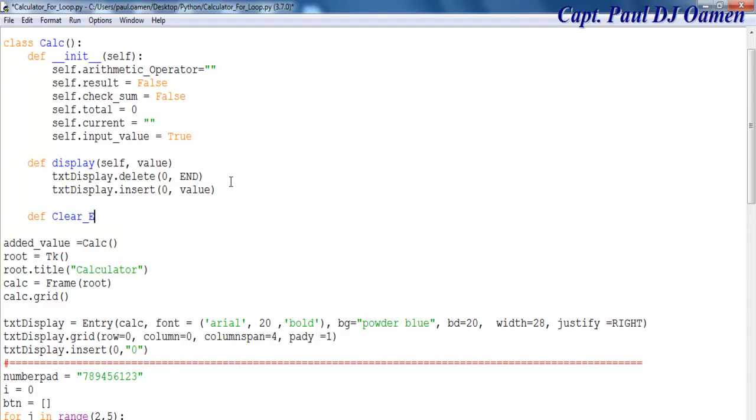Clear entry. That's the very first one, so that will be self. Okay, and there. And make sure you don't forget your columns. Alright, so the function clear entry, the entry, I want my entry to go inside